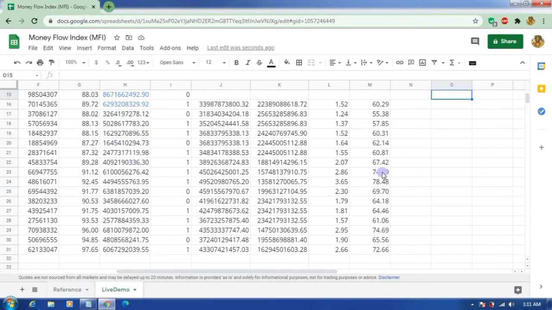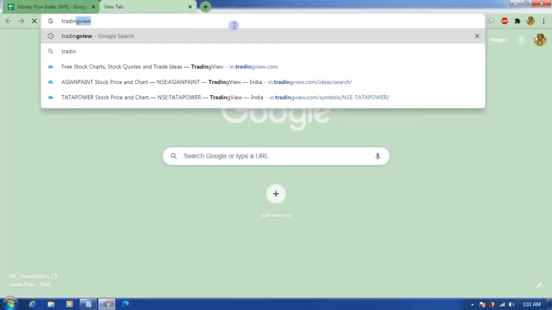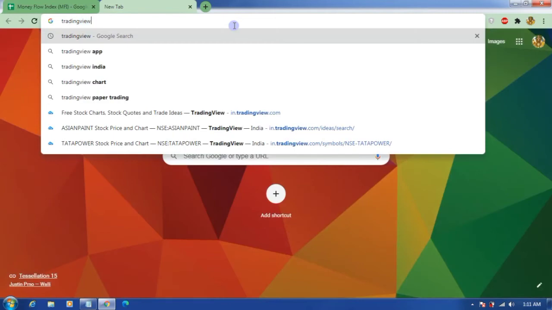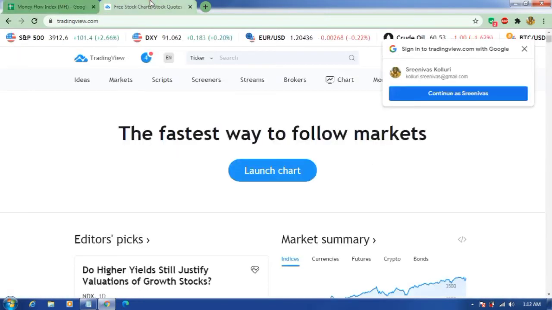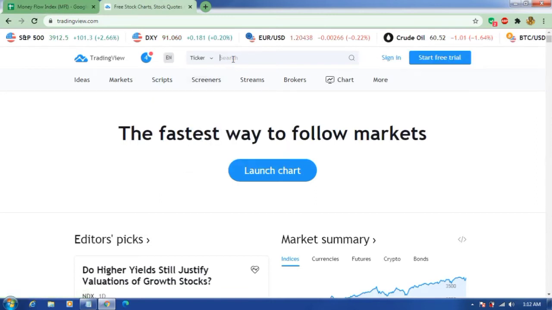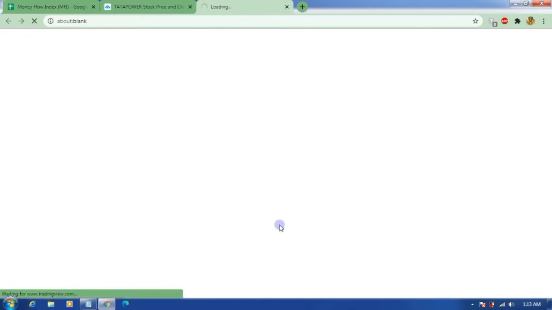So for doing that validation, what I would suggest is just go to tradingview.com. We are looking for Tata Power. Once you look for Tata Power, click on the full featured chart.